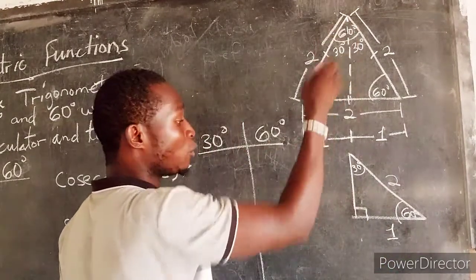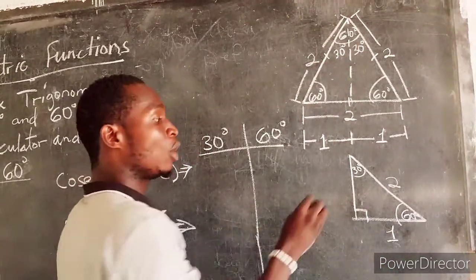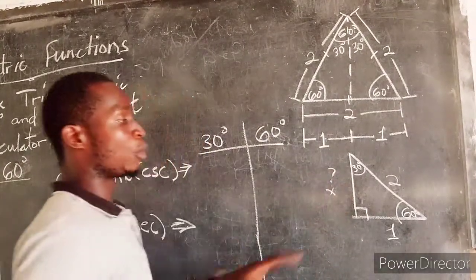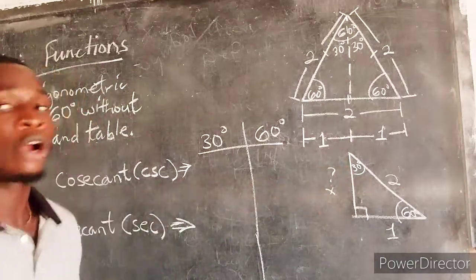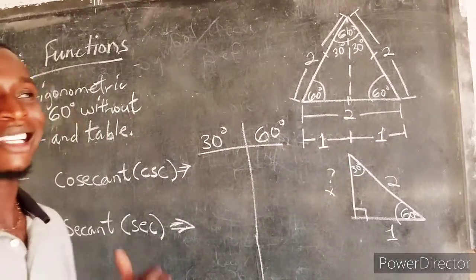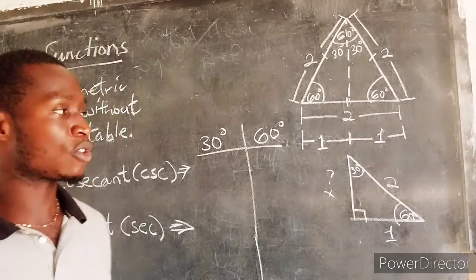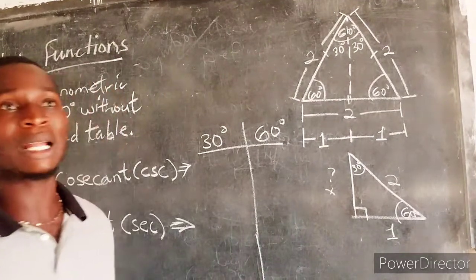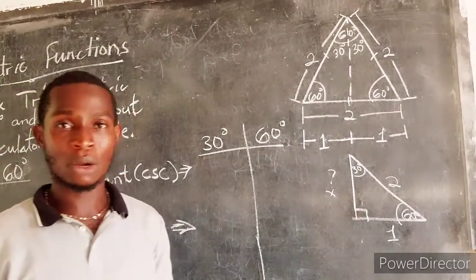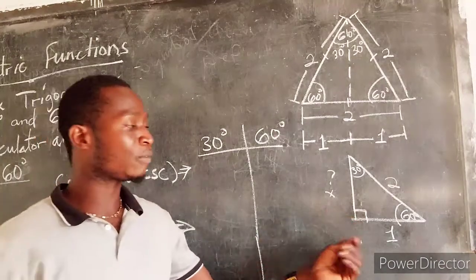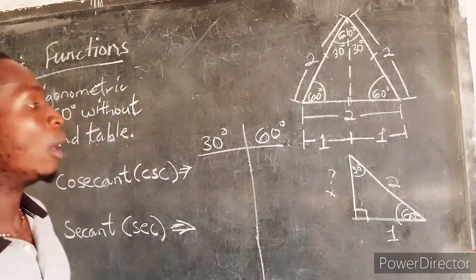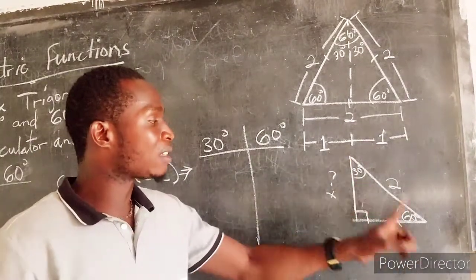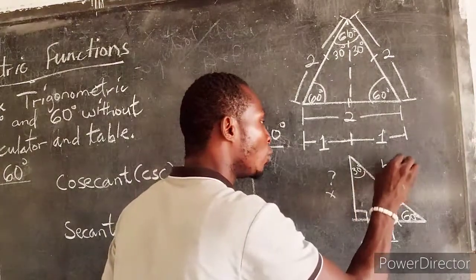And the distance from here, which is the height or the opposite, we don't know. So put a question mark, or we use the variable x because we want to find the unknown. This is really what will help us to find the 6 trigonometric functions. So what we are about to do next is to use the Pythagoras theorem to find the unknown here. Now, according to Pythagoras, the square of the hypotenuse, this is the hypotenuse,